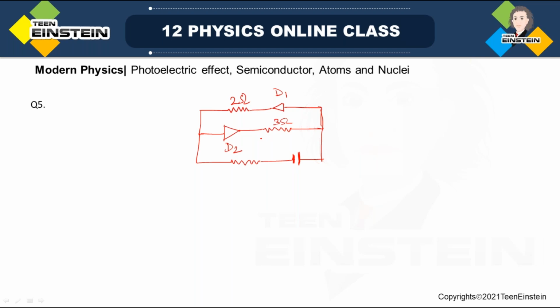If I read the question, it says the circuit has two oppositely connected ideal diodes in parallel. What is the current flowing in the circuit? So options are given. Obviously, I have not given this resistance. This resistance is 4 ohm and this battery is 12 volt. So options are